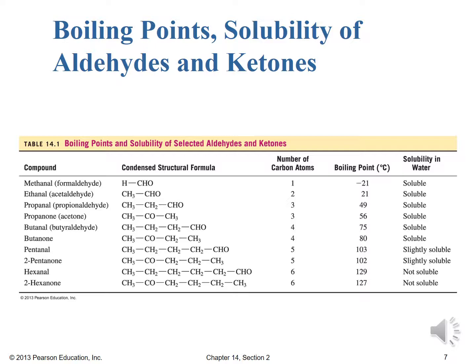As we go up, we see the boiling point also increases, and the solubility stays good in water up until pentanal, where we hit that 5-carbon threshold. Pentanal, a 5-carbon aldehyde, has a high boiling point, higher than the 4-carbon aldehyde, but only slight solubility in water. Likewise, the 5-carbon ketone, 2-pentanone, also has a higher boiling point than the 4-carbon ketone butanone, but lower water solubility. Finally, once we hit 6 carbons for either the aldehyde, hexanal, or the ketone, 2-hexanone, we see essentially no